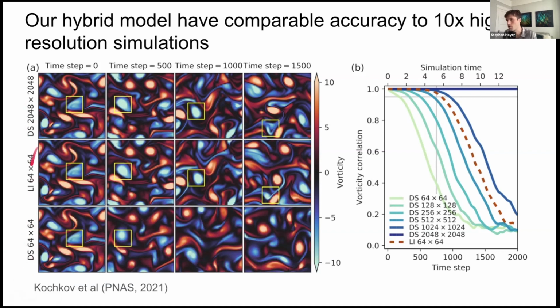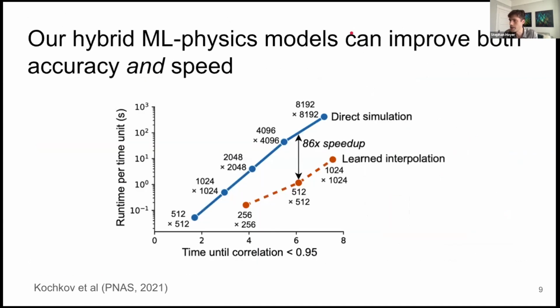If you use our learning interpolation method, it can keep track of things for much longer. And here it's effectively doing a 10x higher resolution in each spatial dimension and in time. So that works out to something that is potentially a lot faster as well, because the machine learning models are expensive, but we can run things accurately on much coarser grids. In this case, it's something like 80 times faster in wall clock time